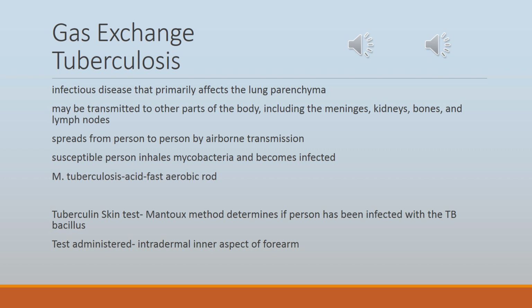Tuberculosis spreads from person to person by airborne transmission. An infected person releases droplet nuclei through talking, coughing, sneezing, laughing, or singing. Larger droplets settle, while smaller droplets remain suspended in the air or are inhaled by a susceptible person. The susceptible person inhales that mycobacterium and becomes infected. The bacteria are transmitted through the airways to the alveoli, where they are deposited and begin to multiply. The bacilli are also transported via the lymph system and bloodstream to other parts of the body, like the kidneys, bones, cerebral cortex, and other areas of the lungs, like the upper lobes.